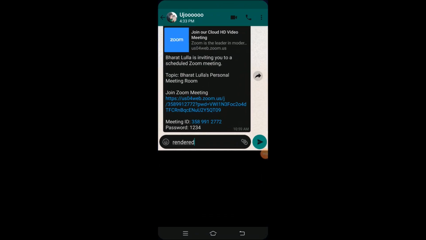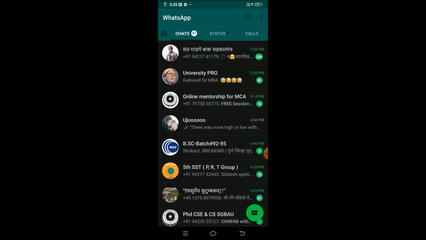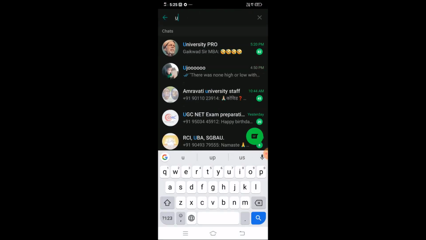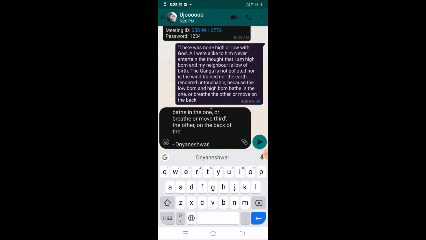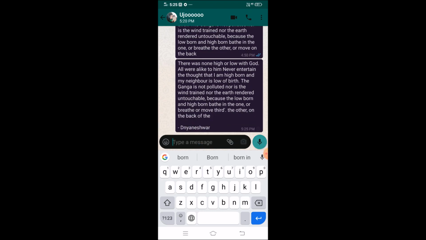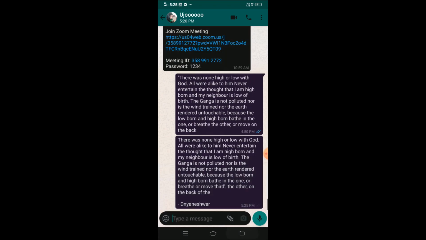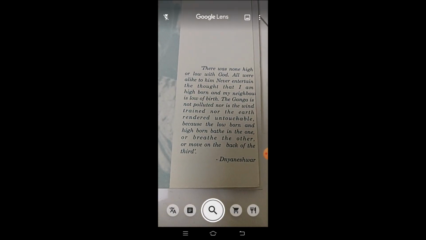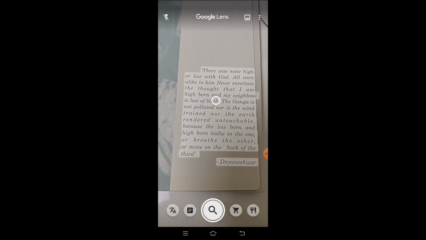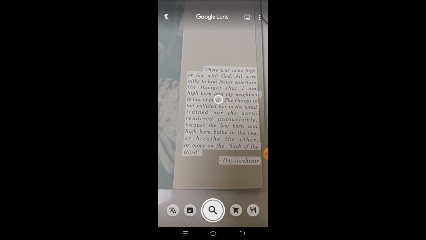Okay, so on Telegram or on WhatsApp I'll try to paste that text. You can watch the whole paragraph has been detected and transmitted. So the idea is that I don't even need to type the thing. This way Google Lens will allow you to capture the whole text, and you can copy that text, so you don't need to type it.